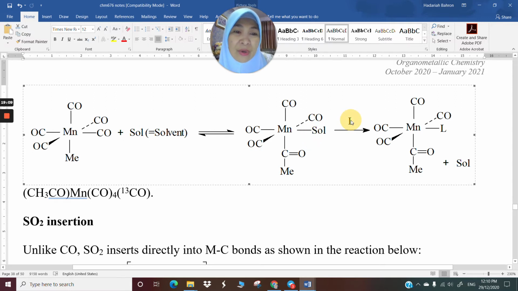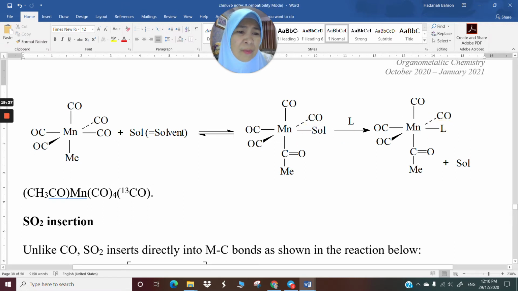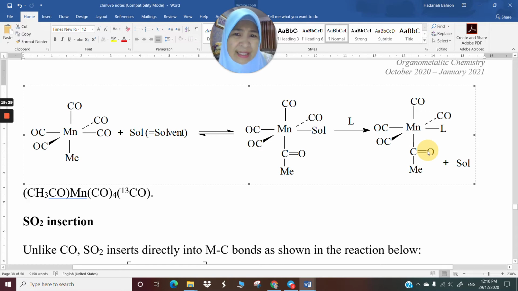So when you're substituting a ligand, either another CO or a different molecule, when it is added into the reaction, this ligand is simply going to replace the solvent here and take up that position. So the acylation, or forming of acyl, already happens before L comes in. So this is the proposed mechanism